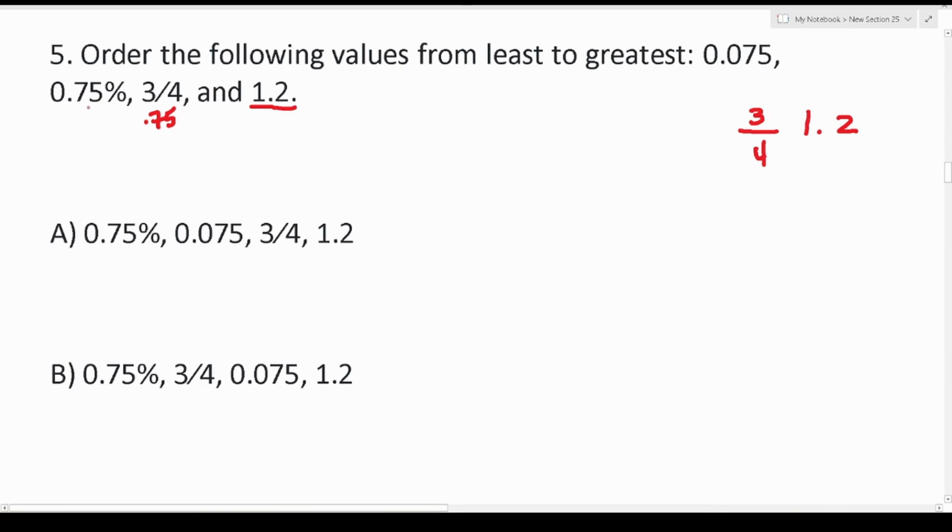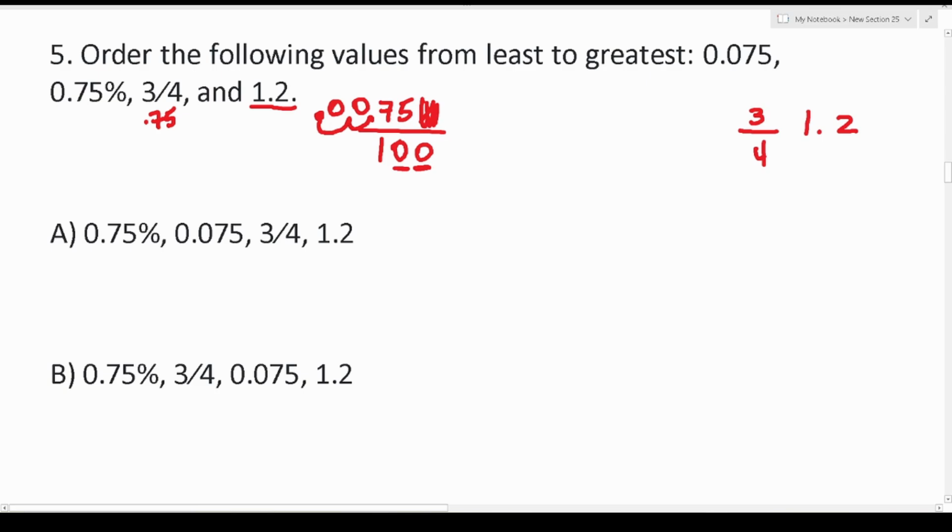0.075 versus 0.75%. Well, let's deal with 0.75%, since that's a little bit of an unusual number. In order to write a percent in decimal form, you simply place it over 100. You drop that percent sign, and then we can convert this very quickly to a decimal. And how do we do that? Well, anything divided by a power of 10, such as 10, 100, 1,000, and 10,000, just prompts you to take that decimal and shift it to the left according to how many zeros there are in that power of 10. In 100, there are 2 zeros, so I'm going to shift this decimal place 2 times to the left and add in 0 placeholders accordingly. So 0.75% is the same as